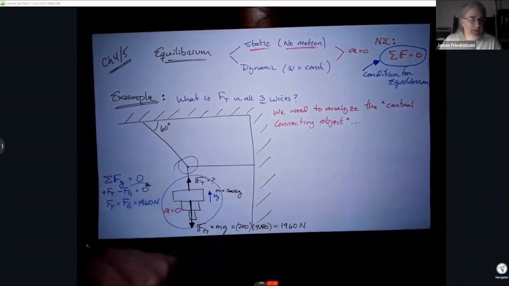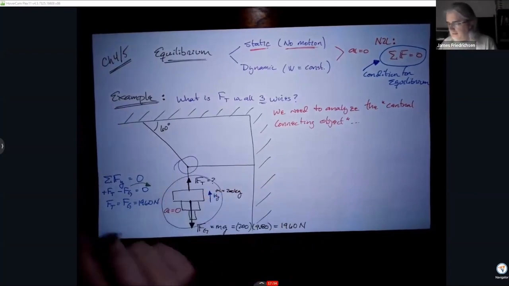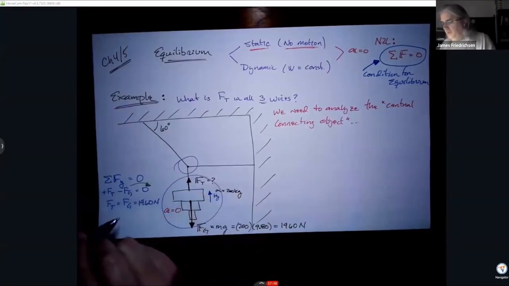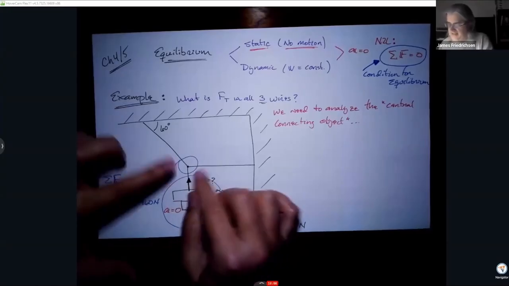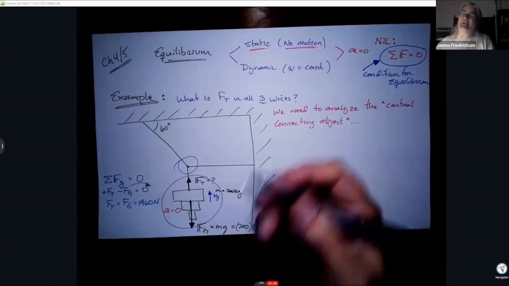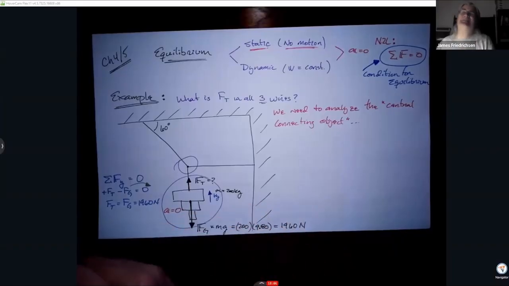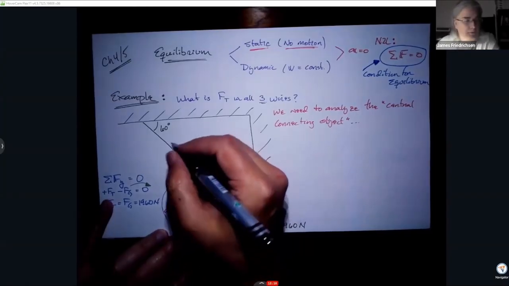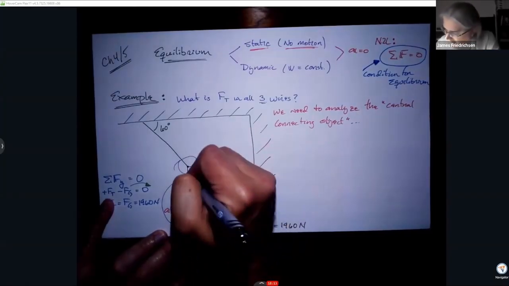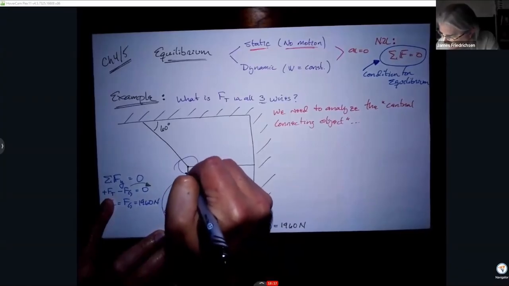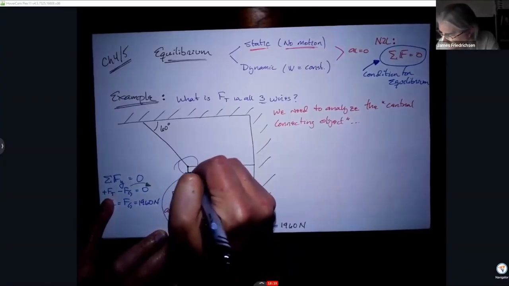So we actually want to take a look at the forces acting on this connection point between all 3 wires. What you get is that we only really have the wires, and we're going to treat the wires as if they're ideal, so we can neglect the mass, and therefore we don't need a gravity at this knot. Then we'll get this tension force along the vertical wire